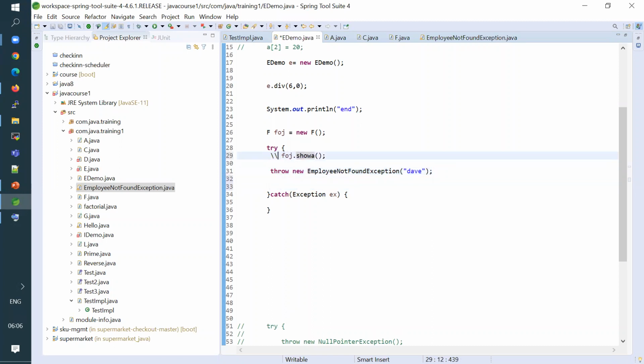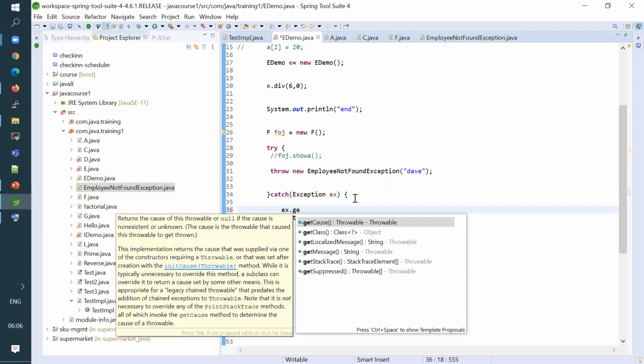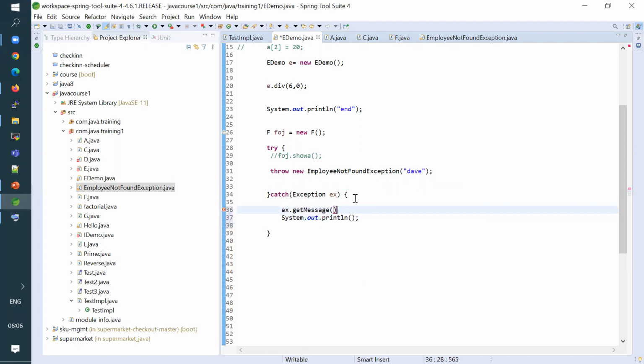I'm just trying to comment the method call here. So I can check for some condition and throw my own exception here. Then I'll just catch that exception and simply say ex.getMessage.